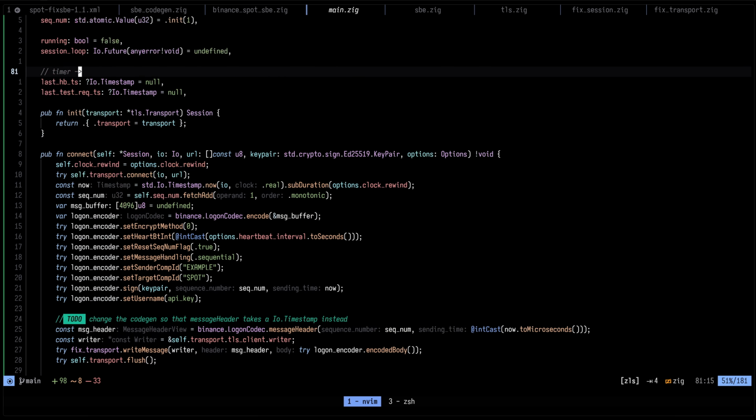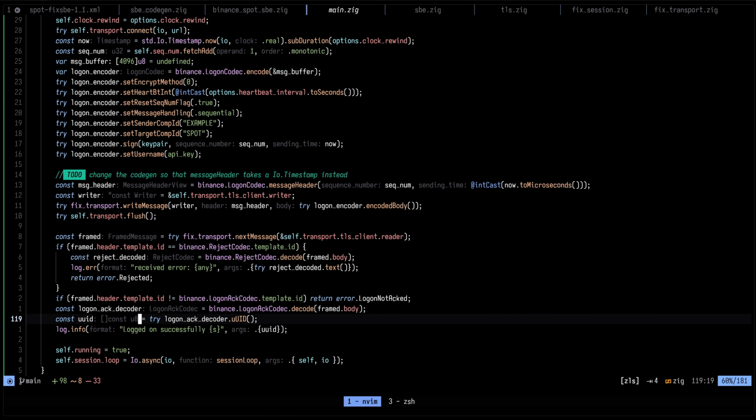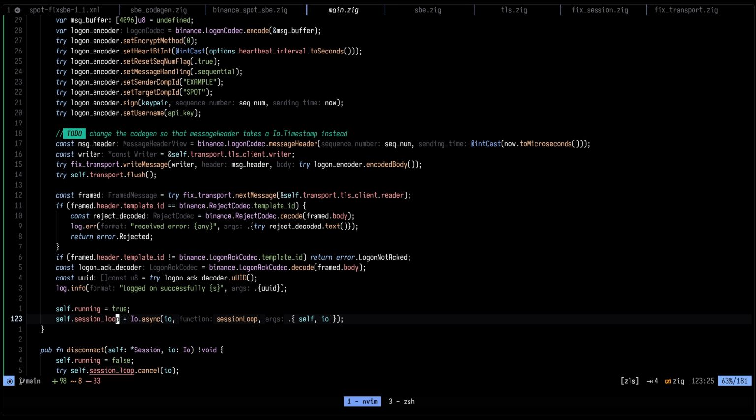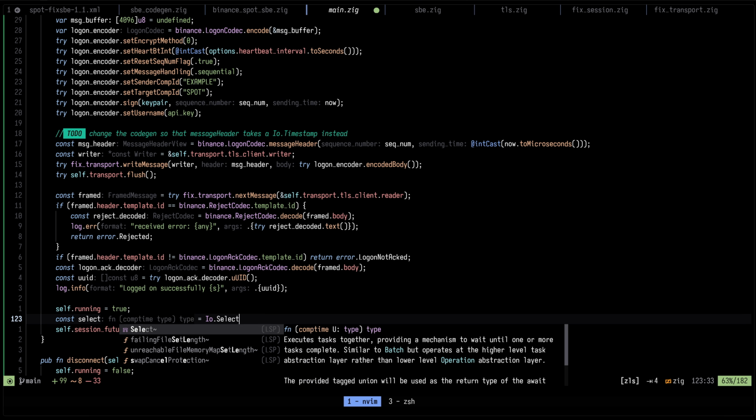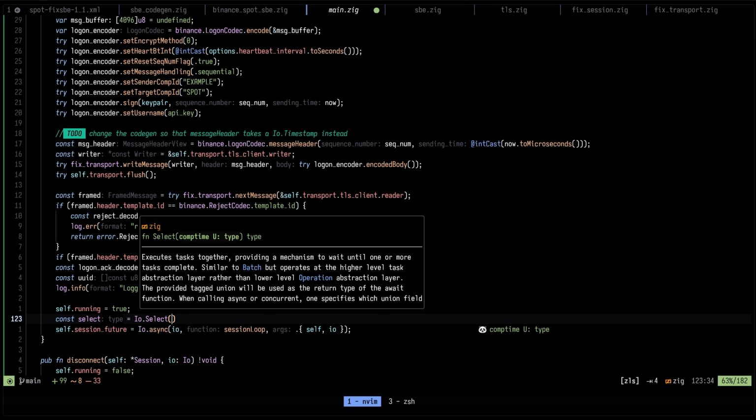And to do that, we are going to need to make this session loop, not a session loop. We should make this session like a future. And what we are going to do here is try to use a new thing, a thing in IO, which is the select thingy. So let's call this select. This would be io.select. I think it's like this, and this guy takes in a